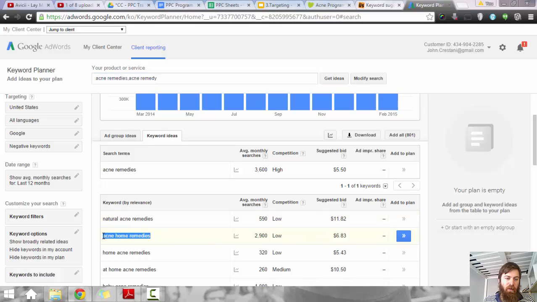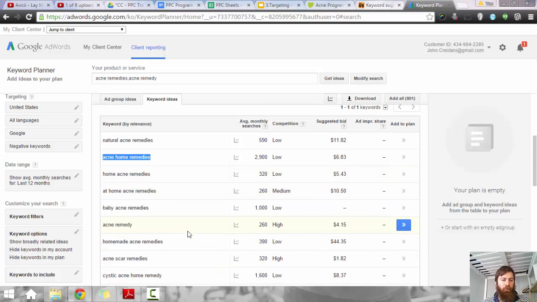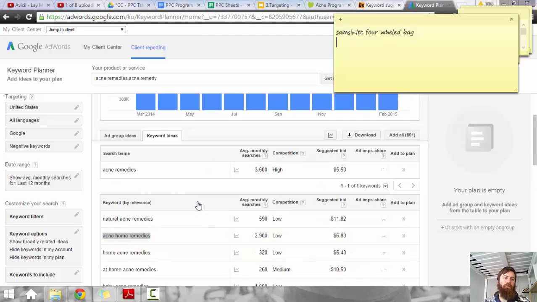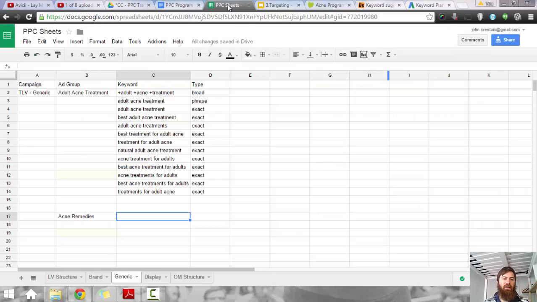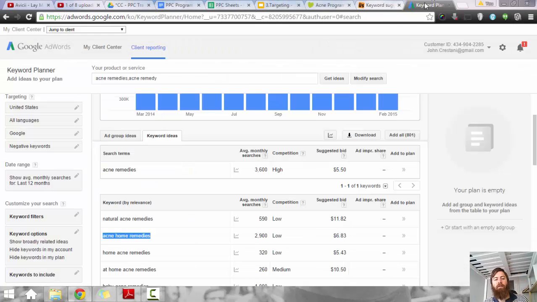So there are a lot of ways we can branch out from here. Home remedies, acne home remedies, homemade acne remedies. Because I like to start more specific rather than less specific, I'm actually going to alter my approach a little bit here. And since I'm seeing acne home remedies have so much search volume,